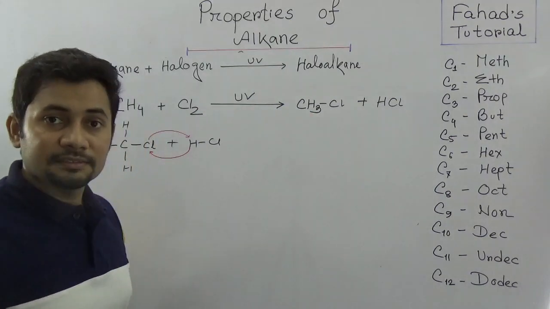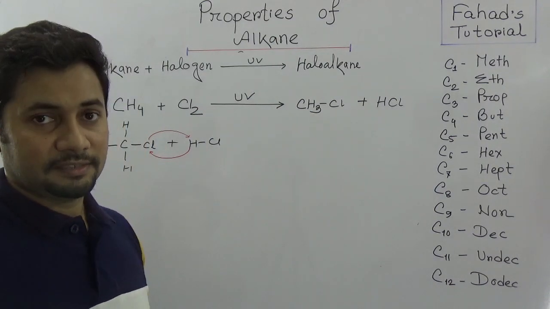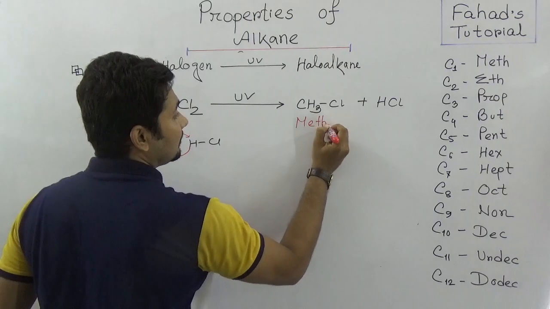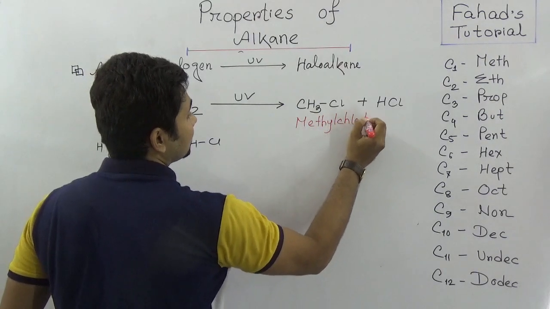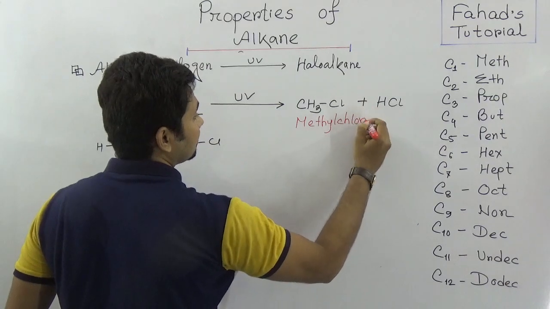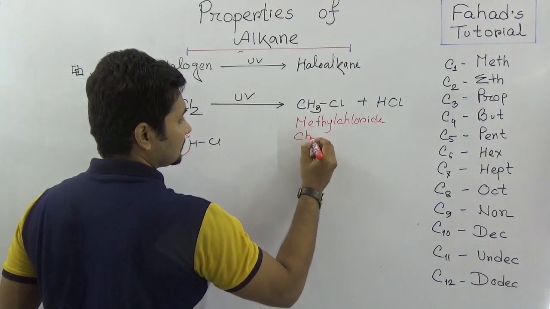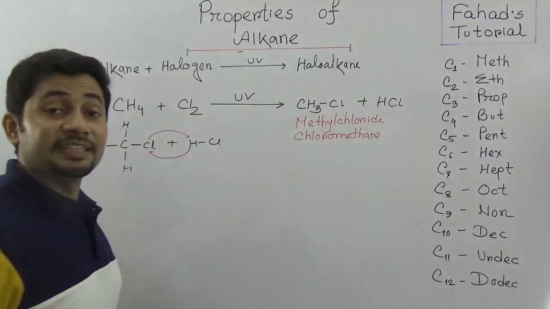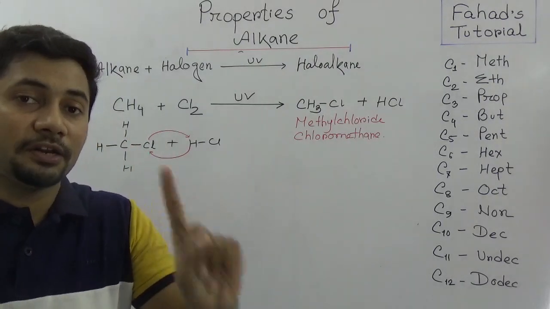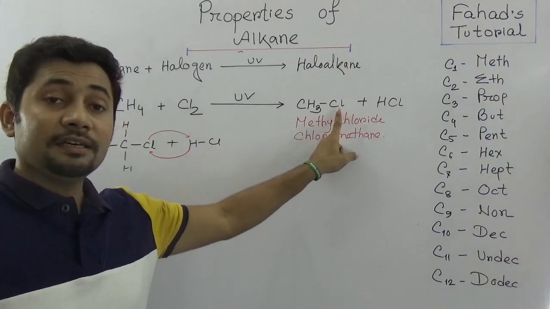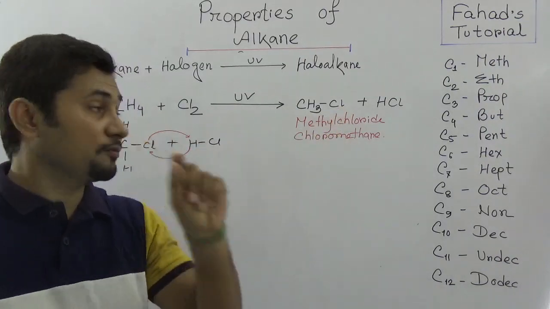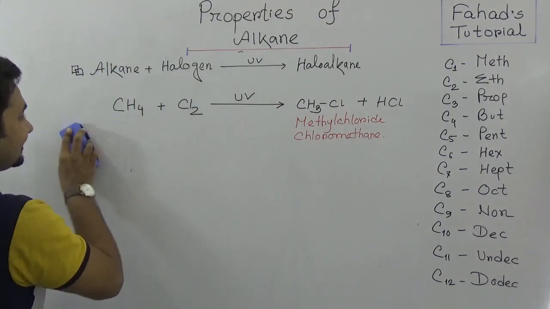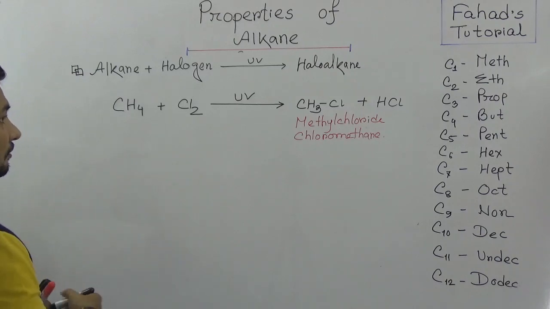And do you know the name of this compound? This is chloromethane, or you can say methyl chloride. This naming is important. So you see that one hydrogen is substituted by one atom of chlorine. Then again, what will happen? It will take the second phase: this chloromethane or methyl chloride,